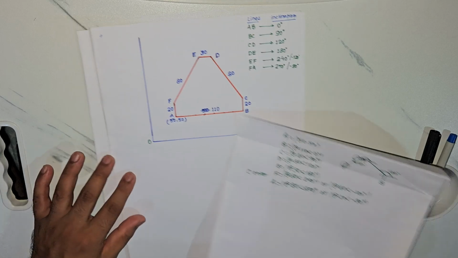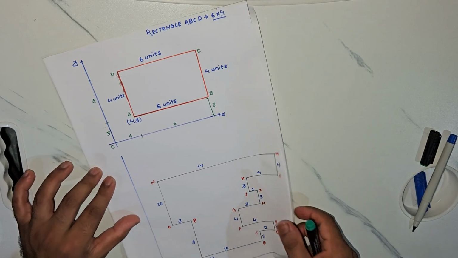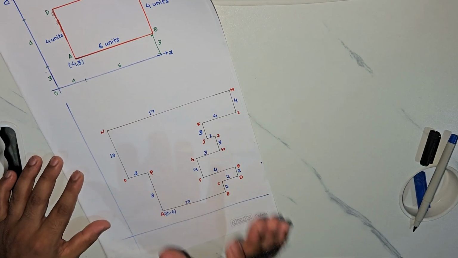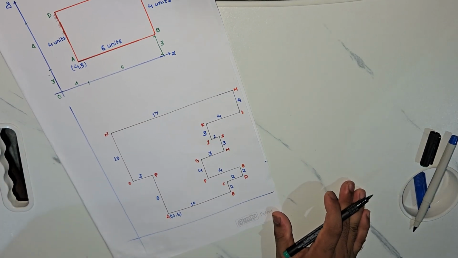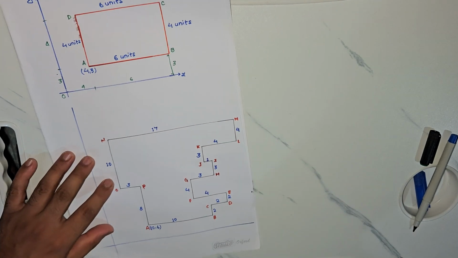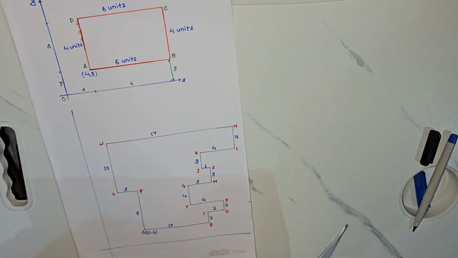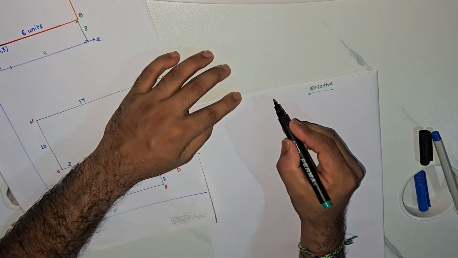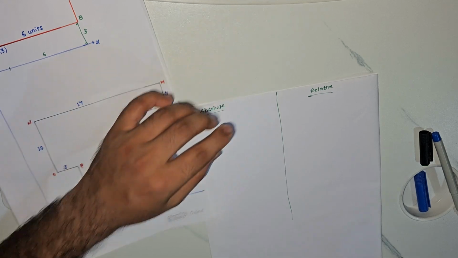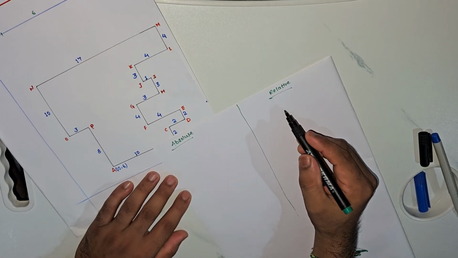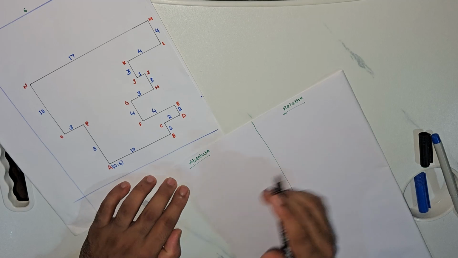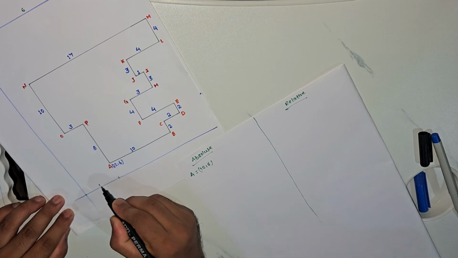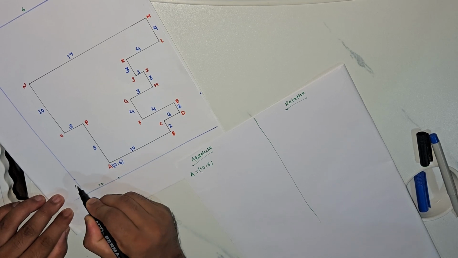And now we have another figure here for the practice. So if you can write the coordinates of this figure in both the systems, that is absolute and the relative, then yes, you are about to draw the figure in AutoCAD. So let us see one by one. For the absolute, the coordinates will be measured from origin, and for the relative, the coordinates will be measured from the last defined point. So for A, 10, 6, from here to here it is 10, and from here to here it is 6.